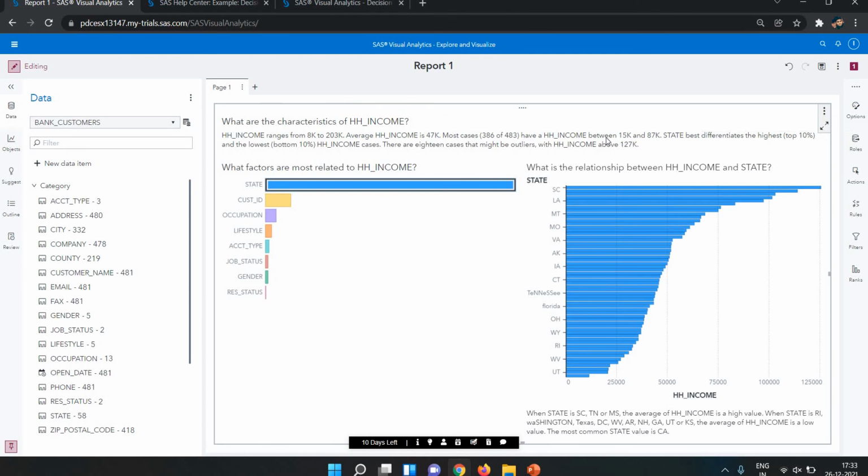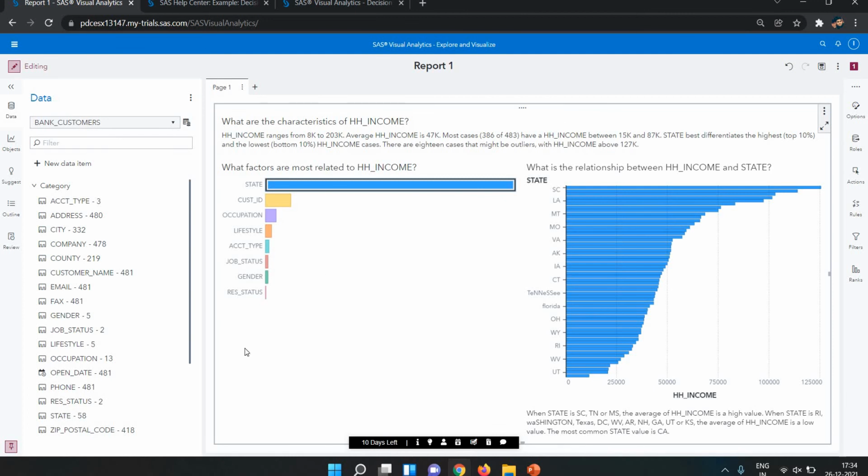And the HH income is between 15k and 87k. The state best differentiates the highest top 10 percent and the lowest bottom 10 percent HH income cases. There are 18 cases that might be outliers, with an HH income above 127k.